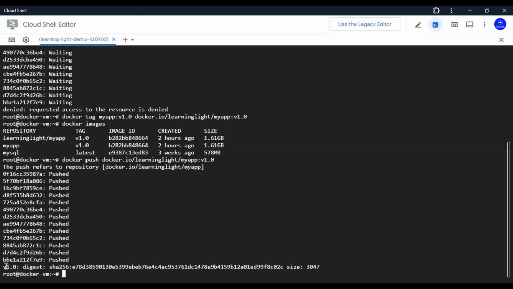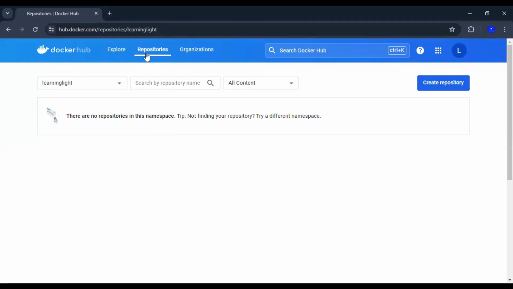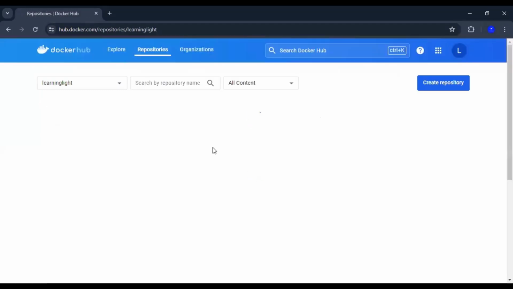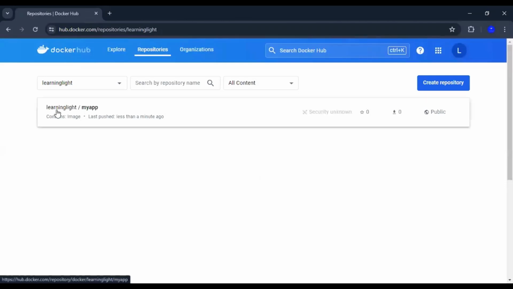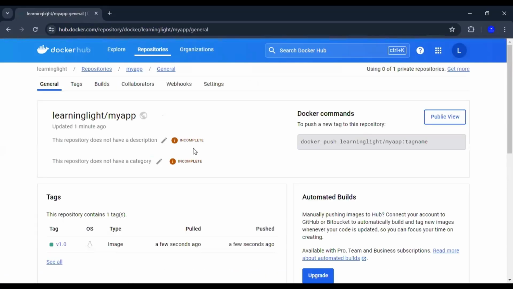So it is saying that the Docker image is pushed to our Learning Light Docker repository, and it has provided one digest as well so that we can verify whether it is done or not. So if we go to our repository and refresh our page, we should see this particular image in our repository. And yes, the learninglight/myapp is the image that